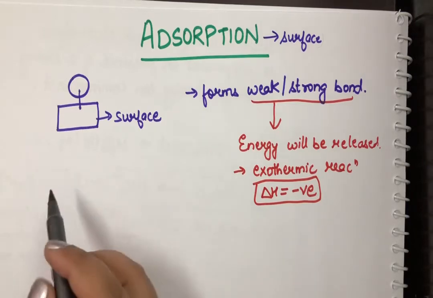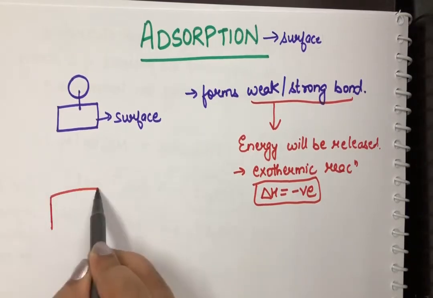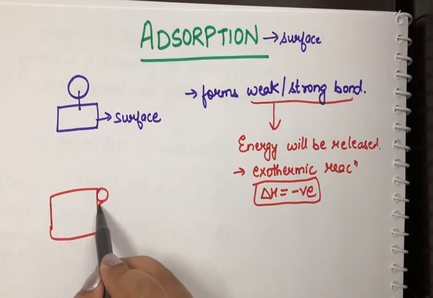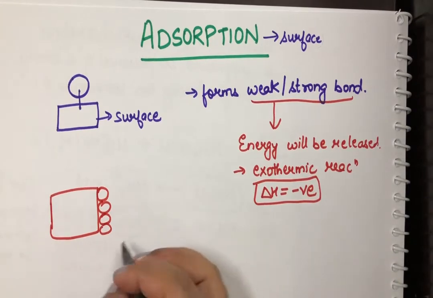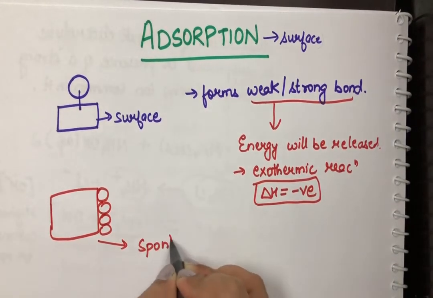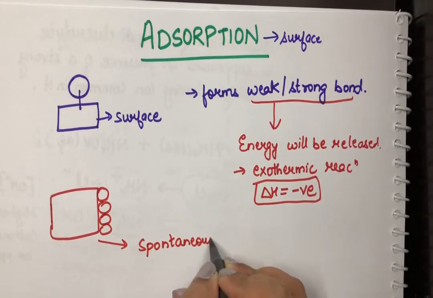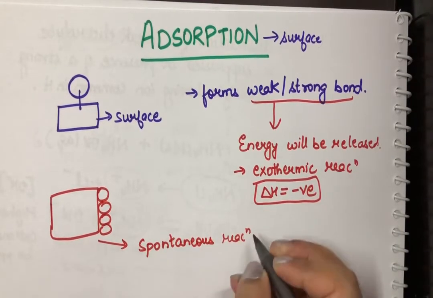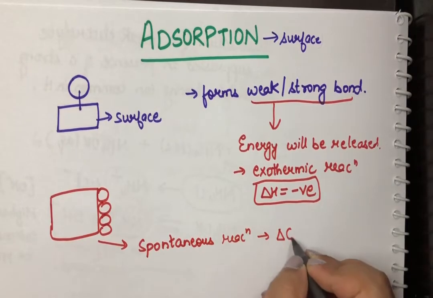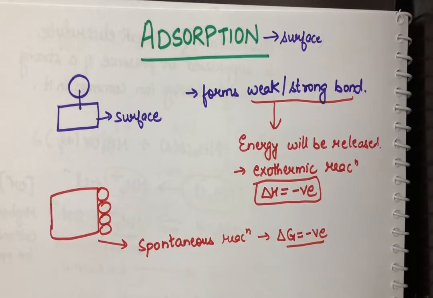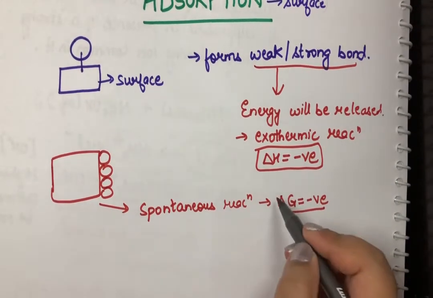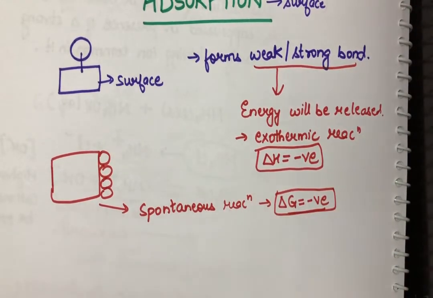Now we also know, let us suppose that this was my surface and the molecules are coming and getting attached here. The accumulation of the molecules is happening on the surface, and we know that I have not tried anything to do this process. It is a spontaneous reaction, and from thermodynamics in class 11th you remember that if a reaction is spontaneous, we call delta G negative. Delta G is positive for a non-spontaneous reaction. Delta G is your Gibbs free energy. Now that means your delta H is also negative and your delta G is also negative.